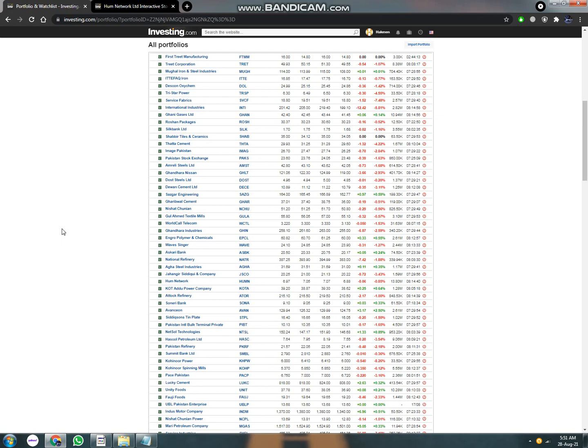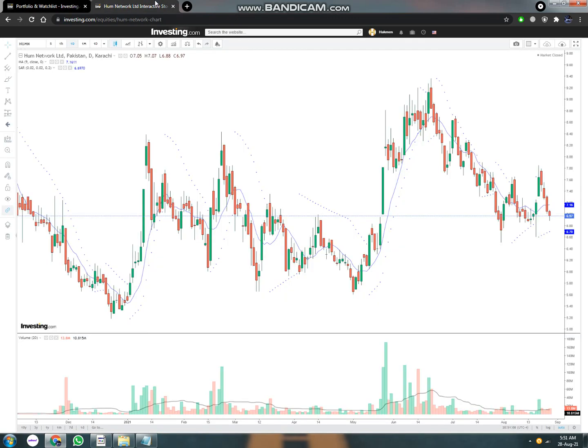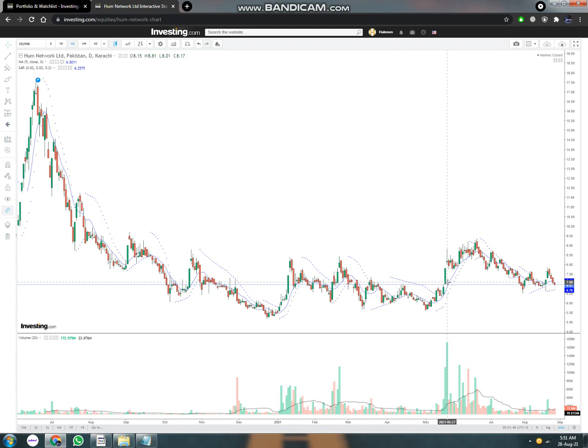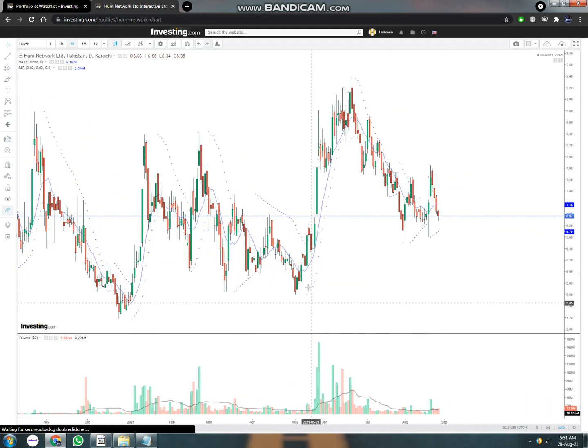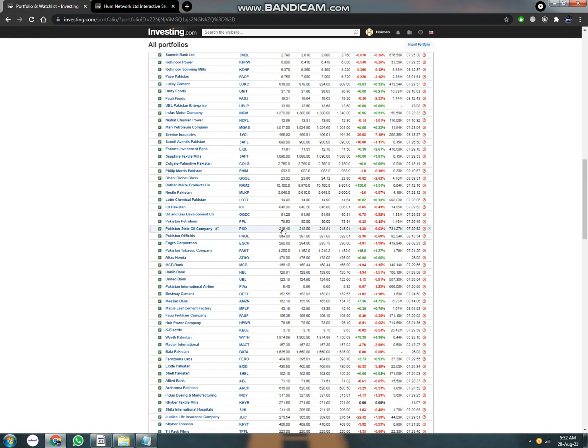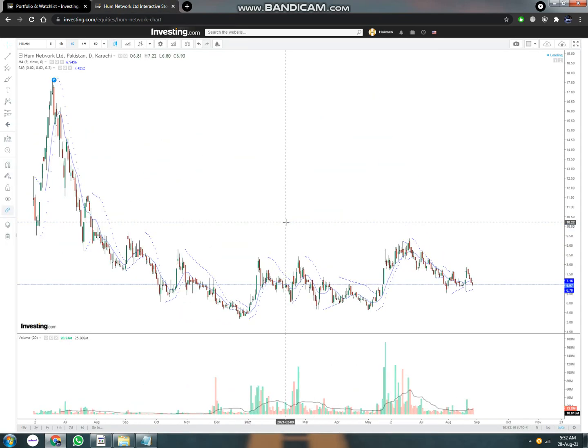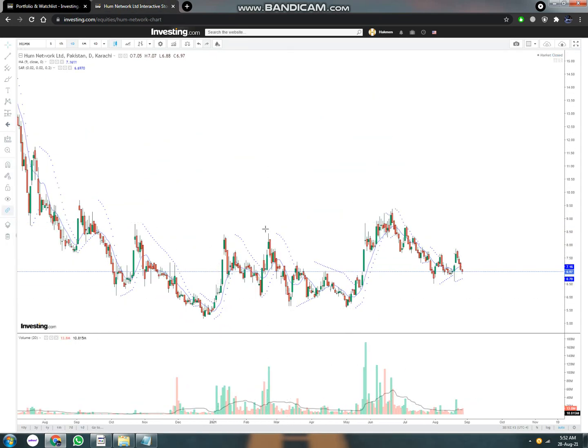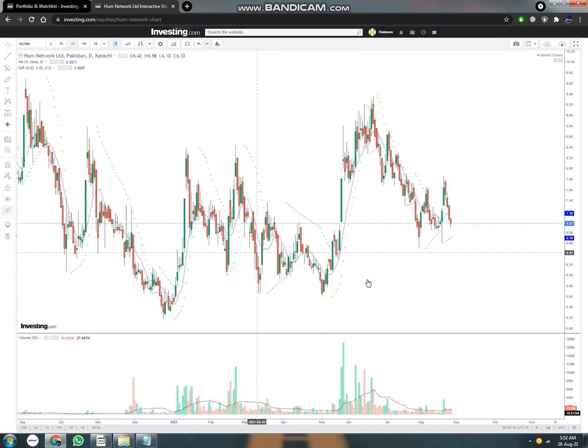That is enough. If you're 100% sure about a stock, then invest into a single company or stock. But if you're not sure about that company or stock, then diversify your portfolio and invest into two or three different stocks, just so that you do not lose too much of your money or your profit. You can do that as well. And when you invest into one stock, the chance of it is 50-50, either 50% up or 50% down.